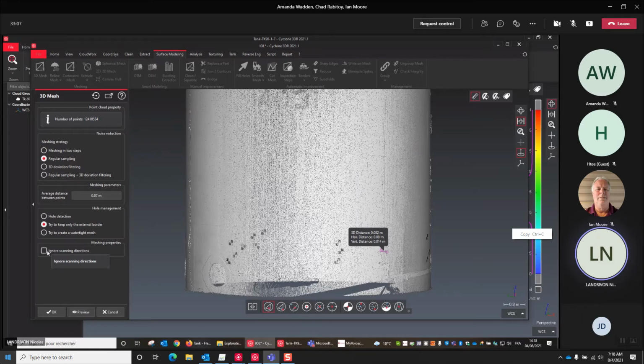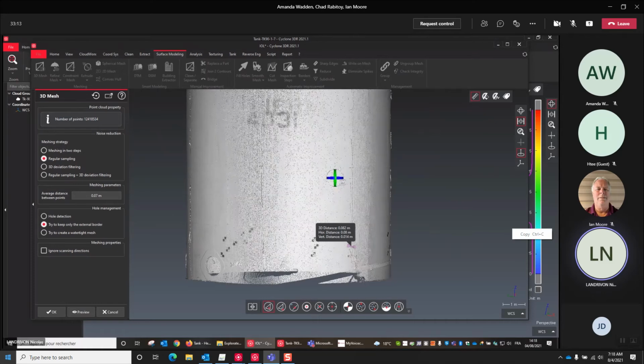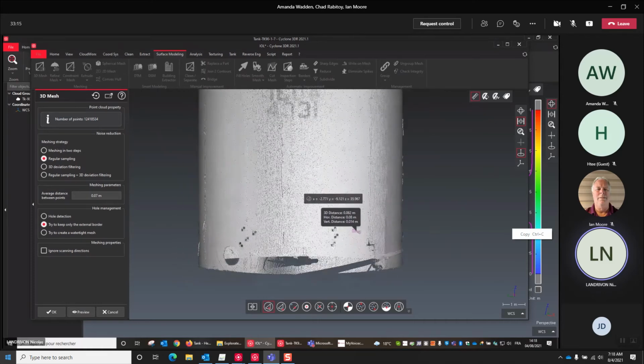So sometimes it's good to ignore scanning direction. We will see if it's the case, and you will see it immediately.